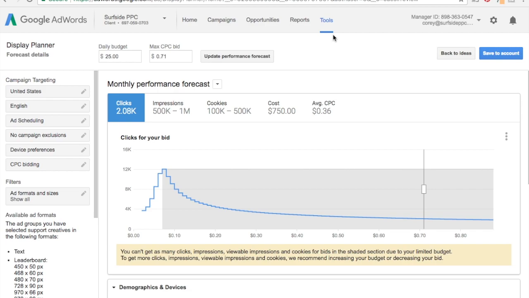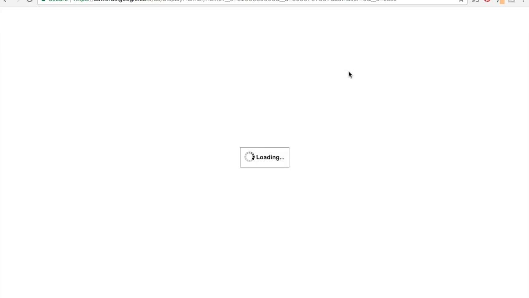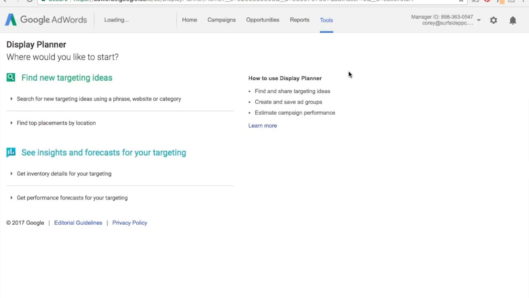So that's pretty much the Google AdWords display planner. You use it to find websites, apps, videos, keywords, interests, demographics, locations, all these different things you can target on the Google Display Network. One of the things the Google Display Network always kind of touts is I think they reach over 90% of the internet. So it's just a huge, massive area for ad inventory. Google's been building their display network over the years. They were one of the first to have a real